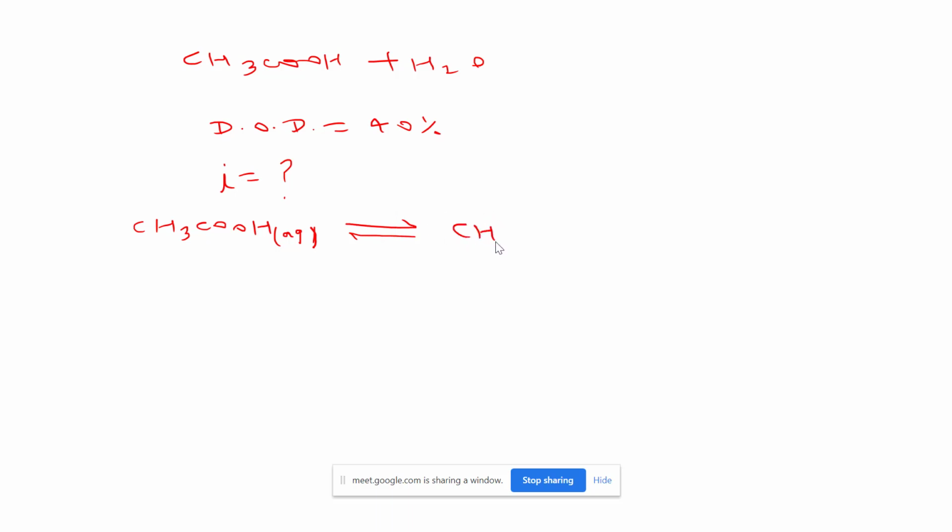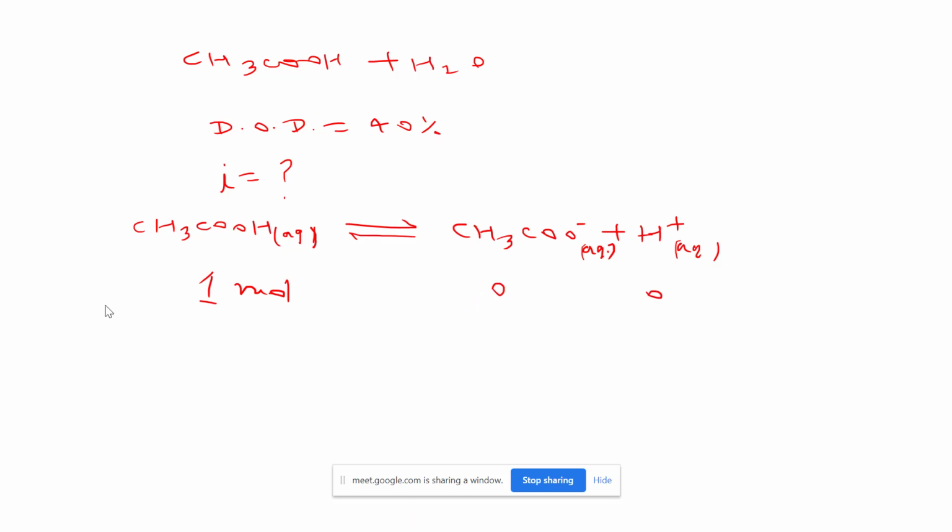And now this produces an ion, acetate ion, and H plus, the proton, which is a cation. Okay, and here we have to write aqueous as well. This is also aqueous and this is aqueous. Now for calculation of i, whatever the moles of solute given, you can take 1 mole for the calculation. In the question you may get different moles than 1, but for calculation of i you can take 1. So initially we are taking 1 mole for this, and for the products these are 0.